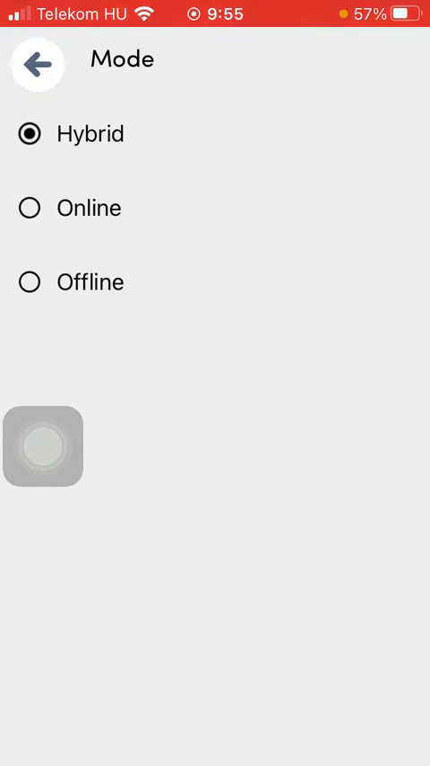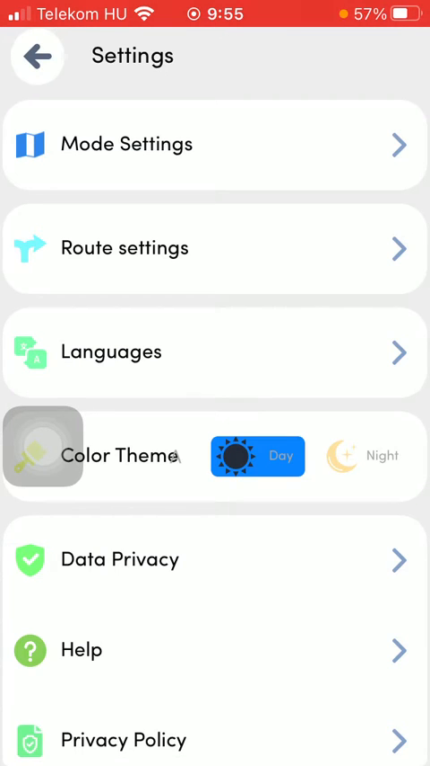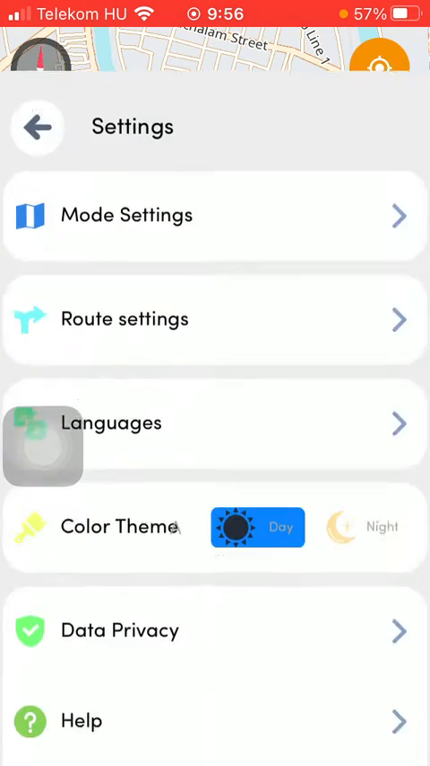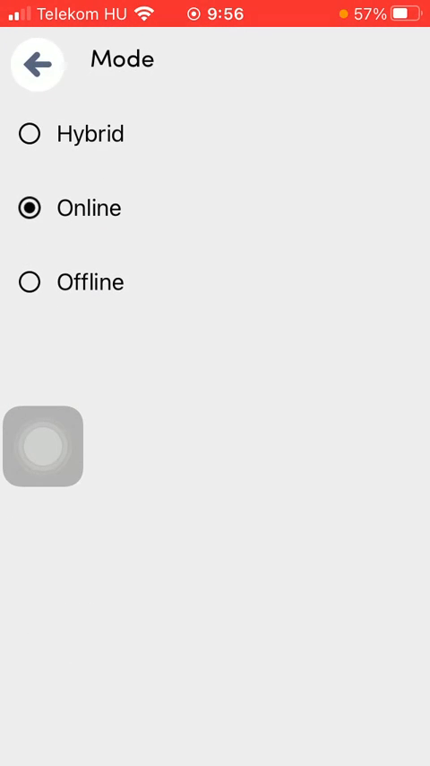You can set it to hybrid, online or offline, so tap on the relevant one and then just simply tap on this arrow in the upper left corner of the screen so that the mode of your map will be updated automatically. Feel free to change it anytime, just simply come back to this section and tap on the